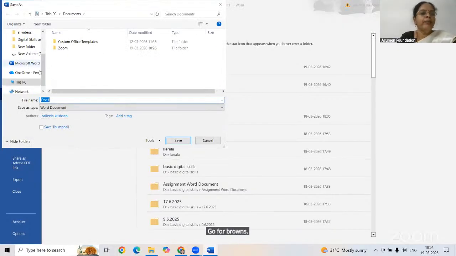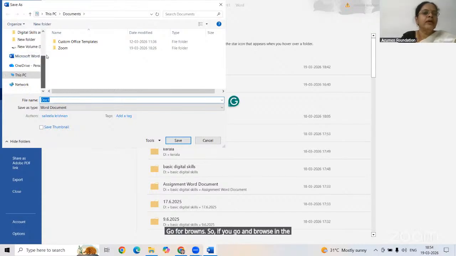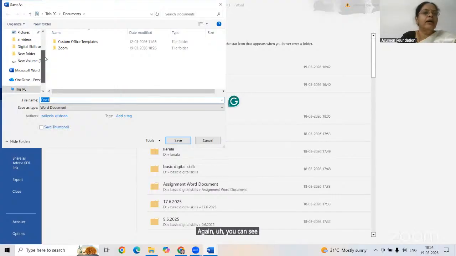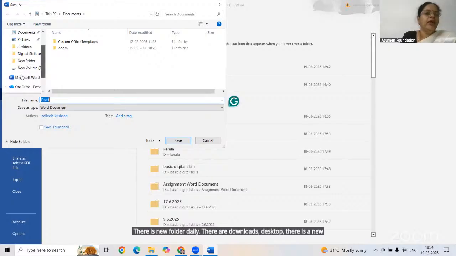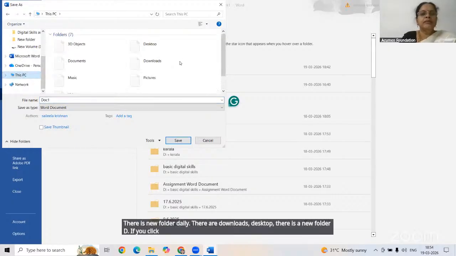If you go and browse, on the left-hand side you can see new folder, D, downloads, desktop. If you click This PC,